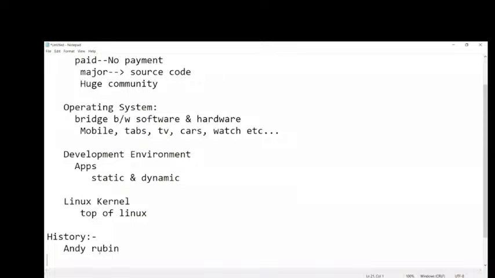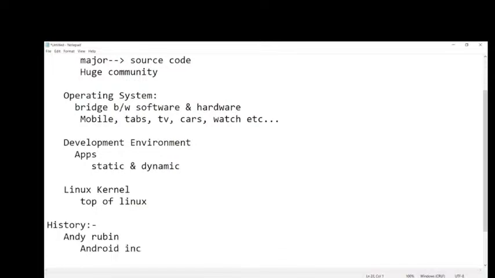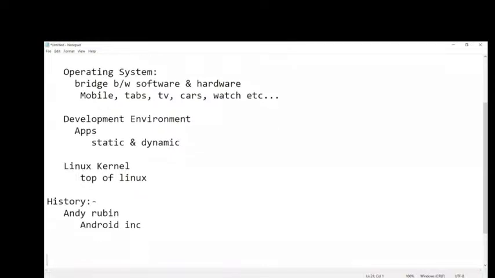So who is this Andy Rubin? He was actually a Java developer. In 2003, he was a Java developer. One day he went to a shop to buy a camera.